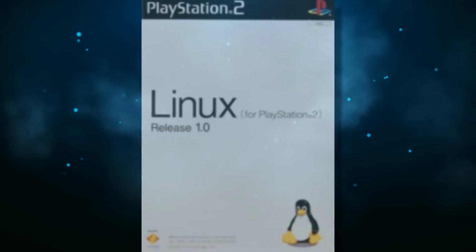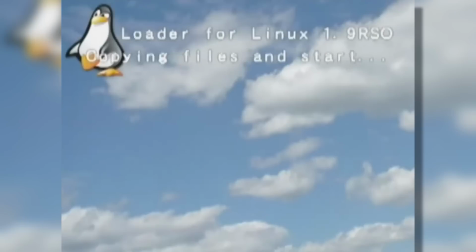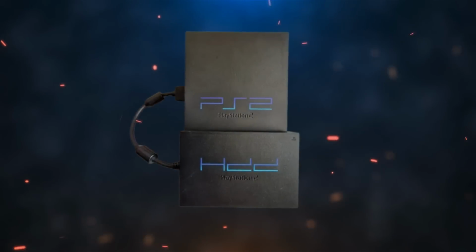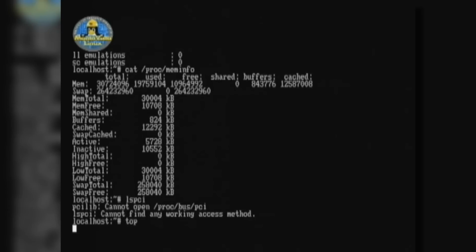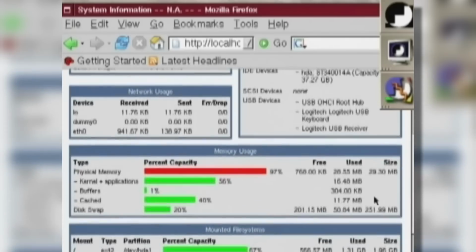But wait, there's more, as there's far more you can shove into that slot than just the network adapter. Building on its uses, Sony released a Linux kit for the PS2 which included a Linux operating system, a keyboard, a mouse and an HDD. The extension port was necessary to connect the HDD, which was crucial for running the Linux environment on the PS2. The PS2 Linux kit was an official development kit released by Sony in 2002, allowing PlayStation 2 owners to run a full Linux